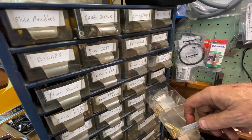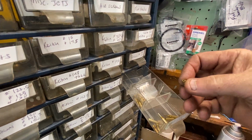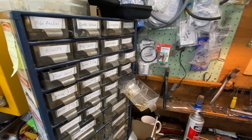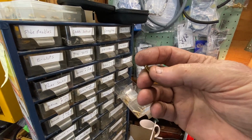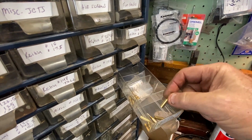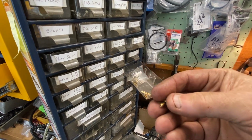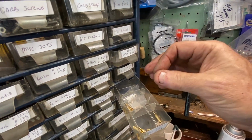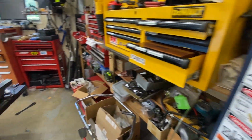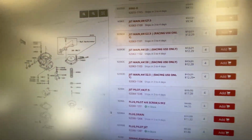And these are what the slow jets look like, if I can get my bare paws on them. They're these little tiny jobs. I don't remember the style number of these jets, but this is what they look like, as opposed to a similar Mikuni pilot jet. Okay. So anyway, I took these out and I found... Now remember, the stock jet size plays a key role here. We'll show you that on the fish because it's important. The stock jet size pilot is